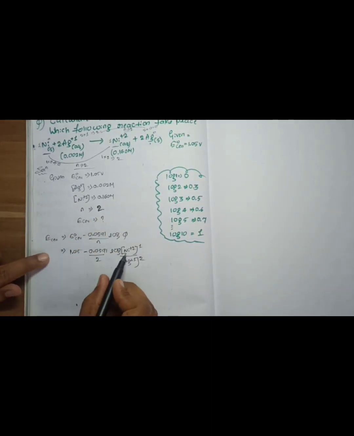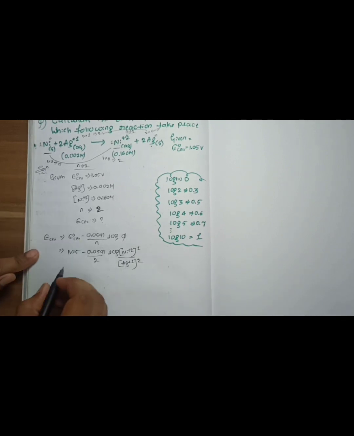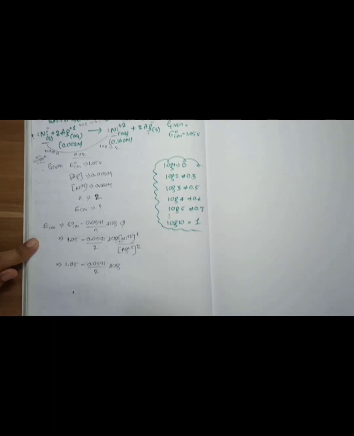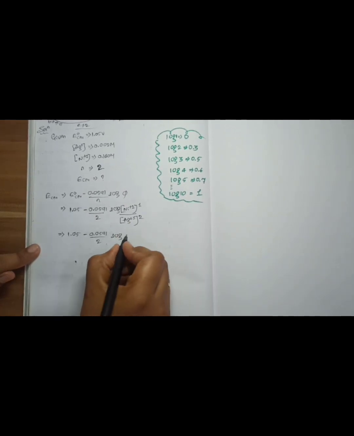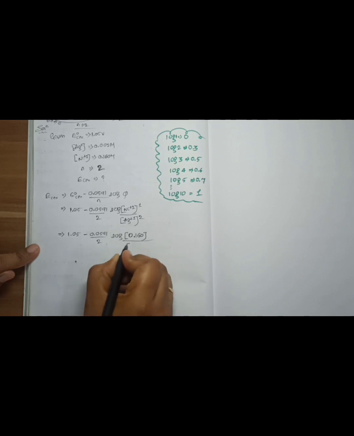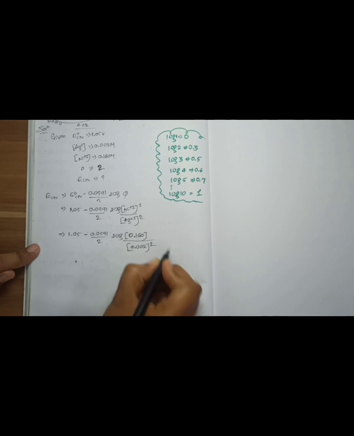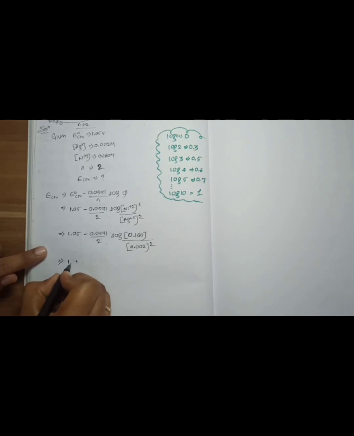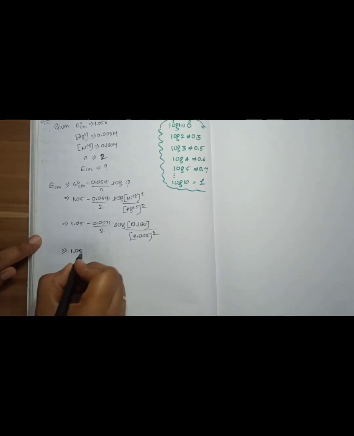Now, the concentration of nickel plus 2 is already given, the concentration of Ag plus is already given, and we have to put in all the data. 1.05 minus 0.0591 divided by 2, log, nickel plus 2 concentration given as 0.160 divided by the concentration of Ag plus given as 0.002, power 2. Next, 1.05 minus